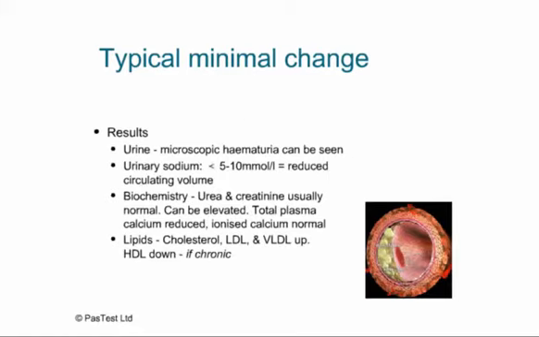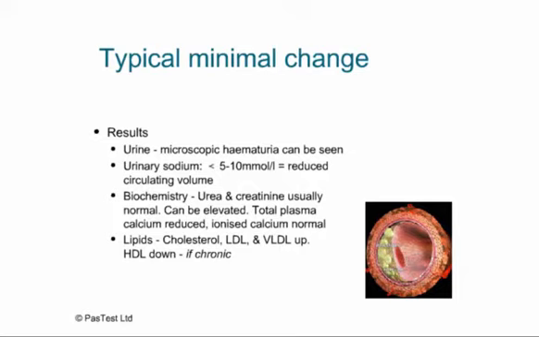The urine, as we've said already, sometimes you see microscopic hematuria, but generally you don't. The urinary sodium is very useful in determining whether somebody needs volume. If the urinary sodium is less than about 10 millimoles per litre, this is good evidence that the child is avidly hanging on to salt and water and has evidence of a reduced circulating volume. And sometimes with nephrotics it's difficult to make a clinical diagnosis of somebody being underfilled, so the urinary sodium is